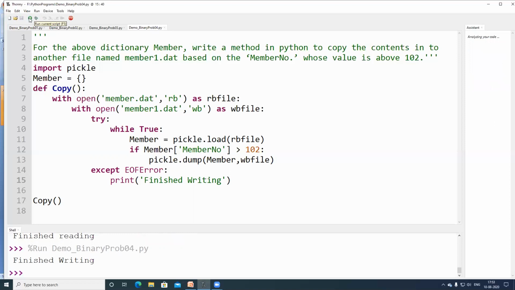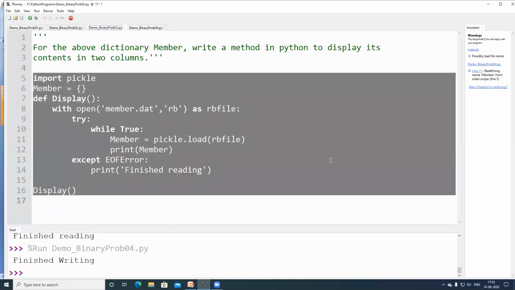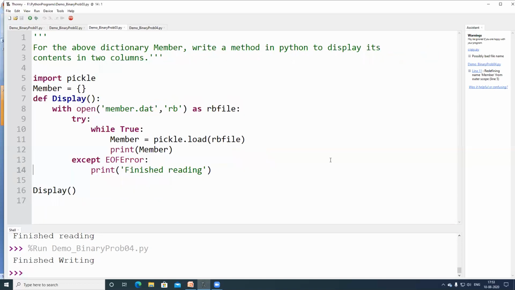See, we are getting an output, but we are not sure. In order to check this one, simply we can move on to the third problem. I am just trying to change this one as 1. Previously it was reading member.dat. Now I am trying to read member1.dat.